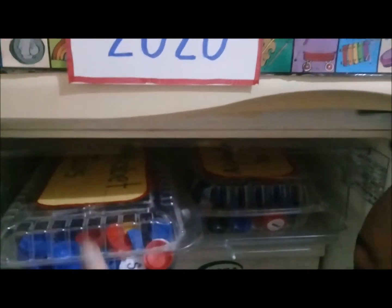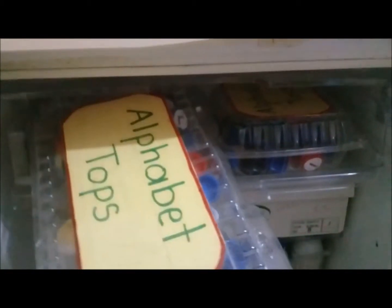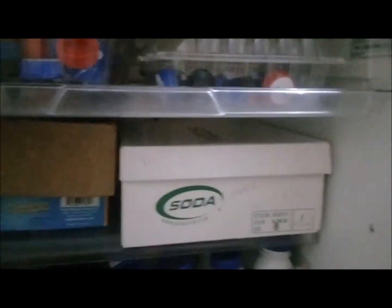Excuse me, please, thank you. So we have some more alpha tops made from butter covers, of course. And we have in this box,